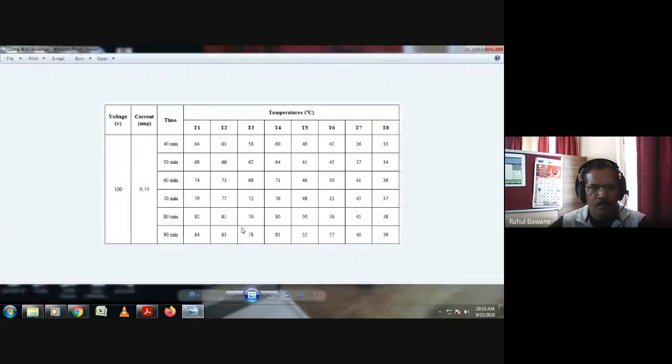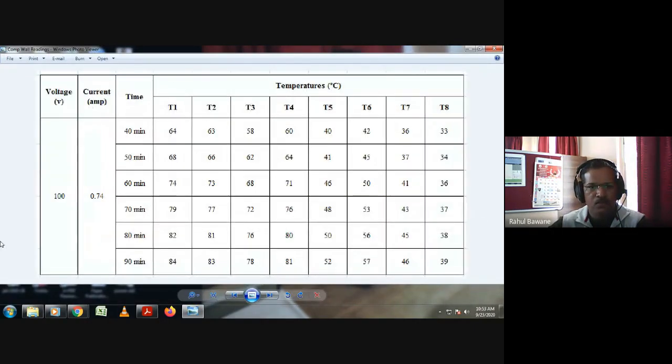And from these readings, we note down our different observation tables. So the first reading we start after 40 minutes, set 1. Second reading after 10 minutes, then 10 minutes. And whatever be these 90-minute readings, we will calculate all sample calculations on the basis of this only. Then after that, do the conclusions and draw a graph.